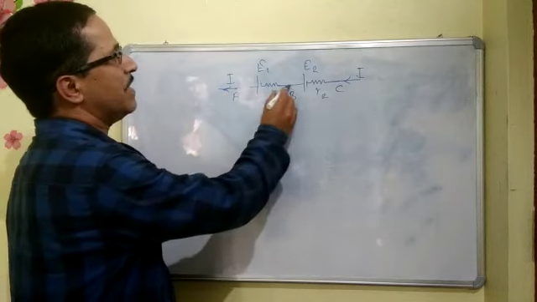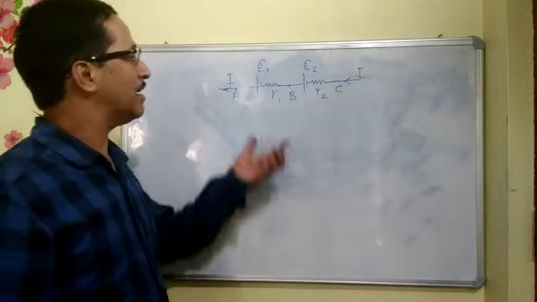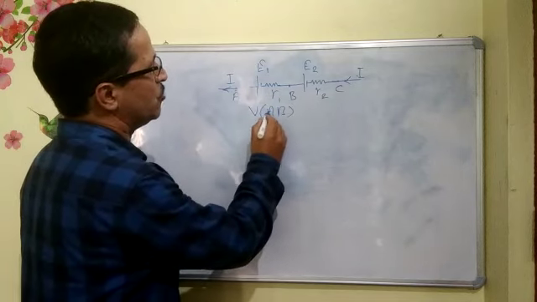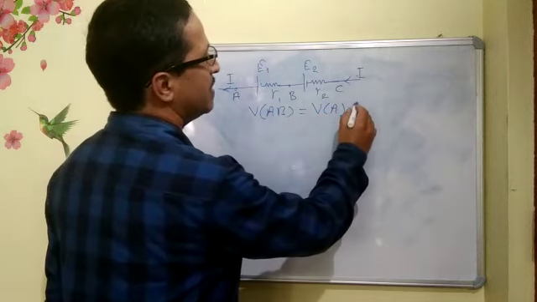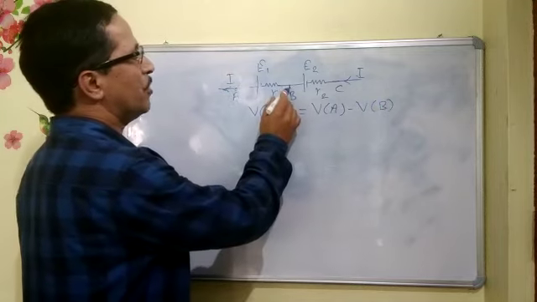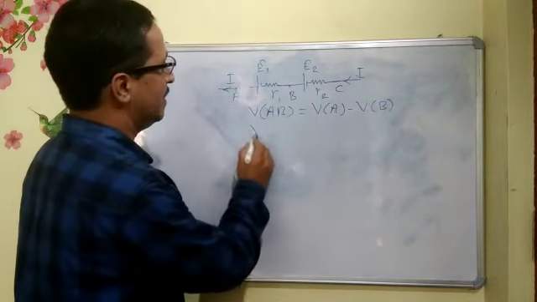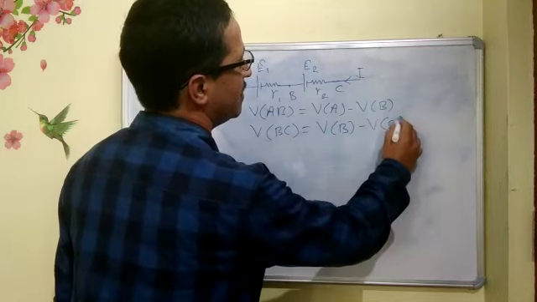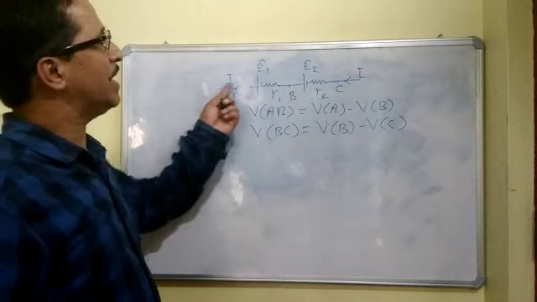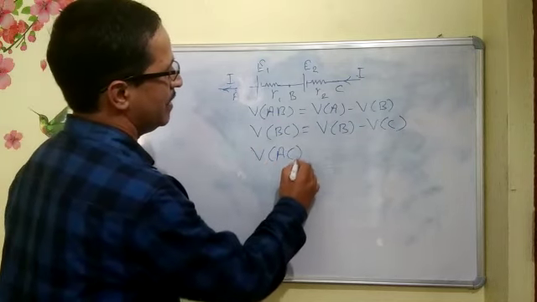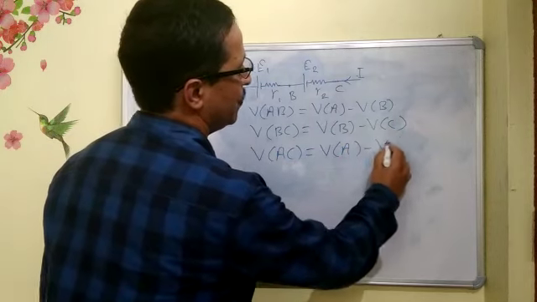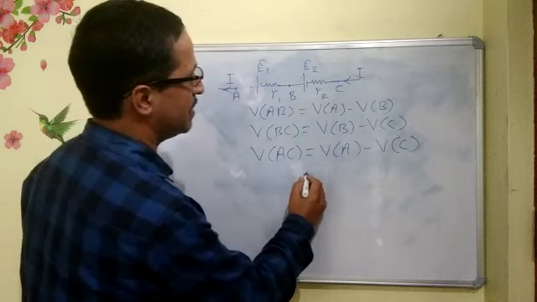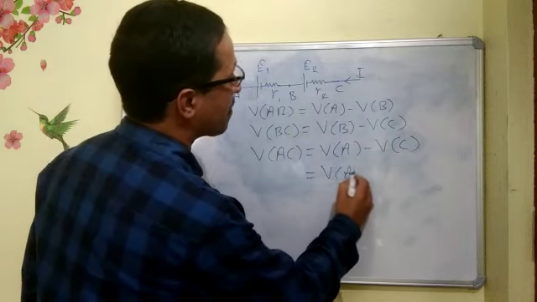In this diagram, we have these 3 points A, B and C, and let us assume that the potential difference between A and B is VAB, which will be equal to the potential at A minus the potential at B. And if the potential difference between B and C is VBC, then VBC will be equal to potential at B minus potential at C. So that the potential difference between A and C, that is VAC, is equal to VA minus VC, that is potential at A minus potential at C, which from these equations will be equal to VA minus VB